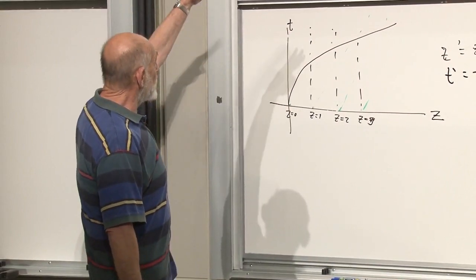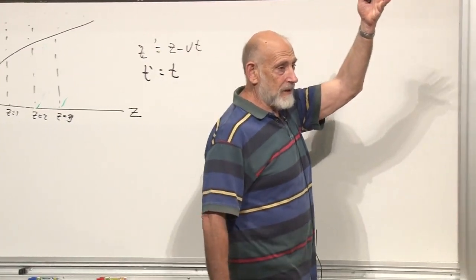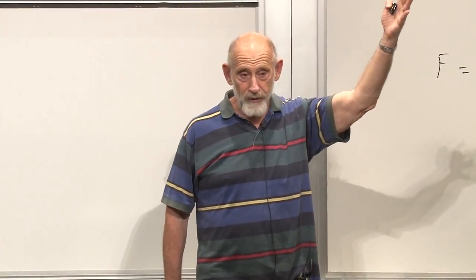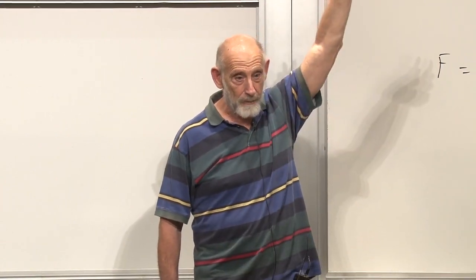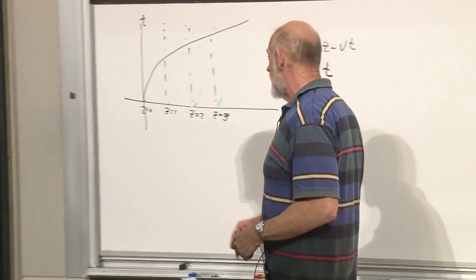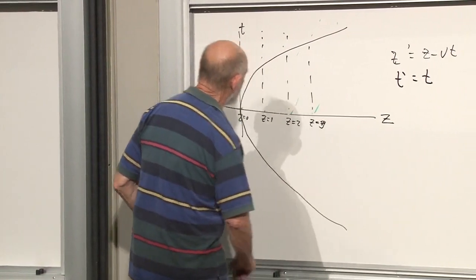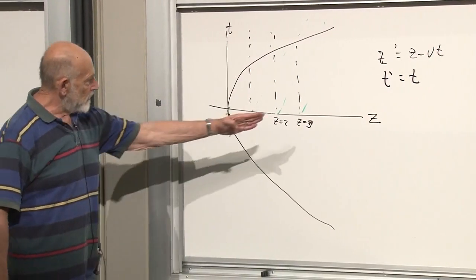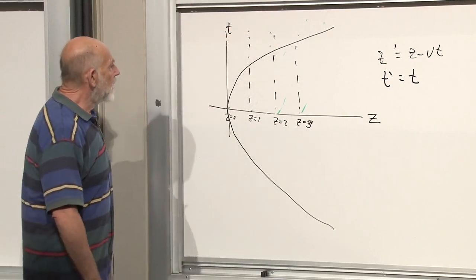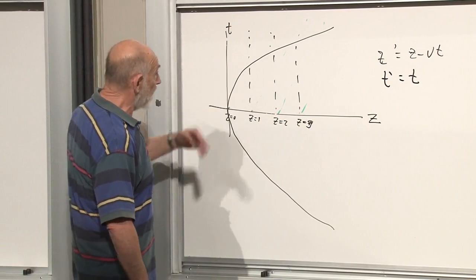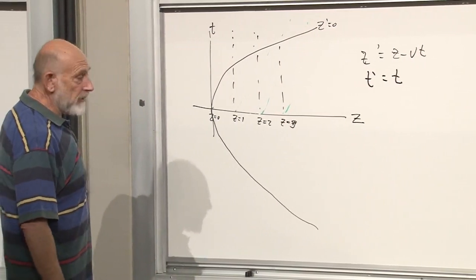Incidentally, I could run this back into the past. A uniform acceleration upward forever and ever would correspond to something moving downward, decelerating, and then going back up. Okay? So if I wanted to continue this to make a full uniformly accelerated trajectory out of it, it would look like this. Z comes down and then goes back up. All right, what about z prime? This now is z prime equals 0. What about z prime equals 1?